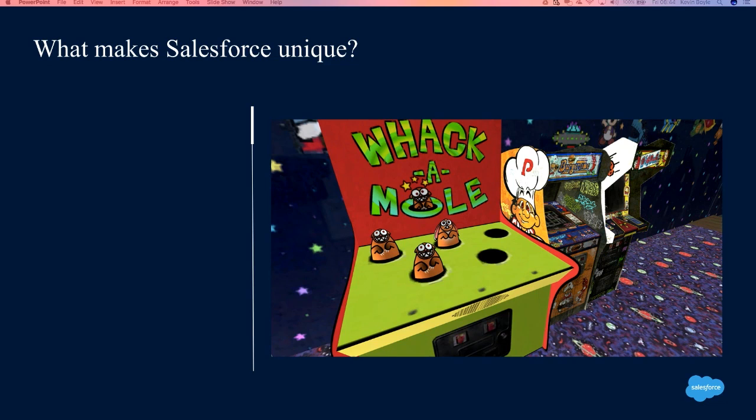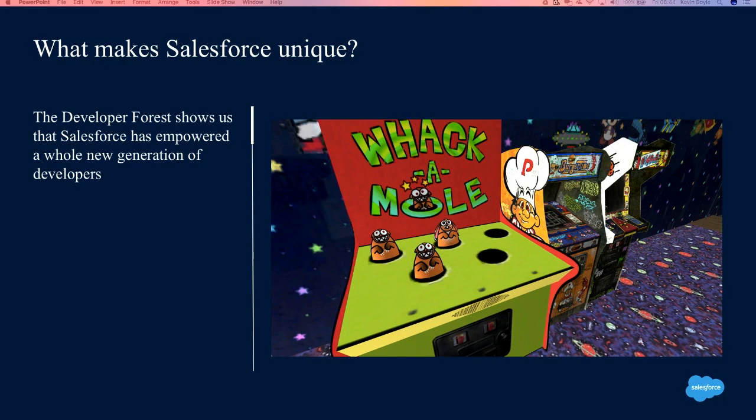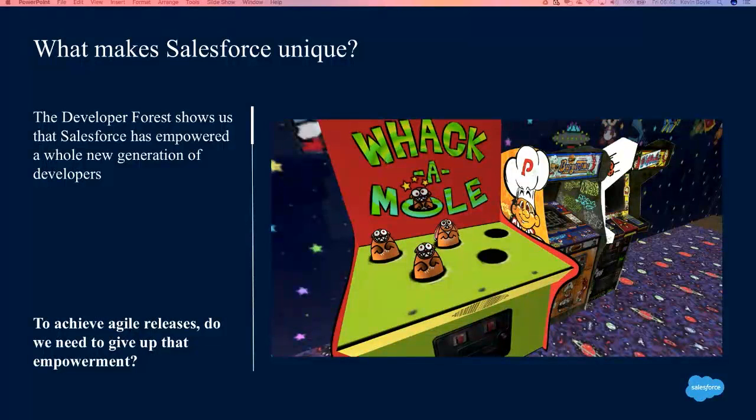But one of the reasons we all love Salesforce is that you can make changes directly in production. And that's a great power that we've got from Salesforce. You don't want to have to give up that empowerment to adopt release management. You don't want to go back to the old days of very rigid pipelines. So with Gearset, you can